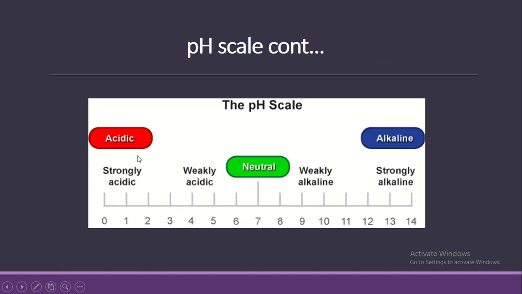So I am clearly explaining to you. A scale containing 0 to 14, 7 is neutral, usually water, that is the neutral substance, and if you go down, it is called weakly acidic. 4 to 7 is weakly acidic. Going down and down, it provides a strong acidic solution. In the same way, 7 to 10 provides a weakly alkaline solution, and if the count is more than that, it becomes strongly alkaline. Alkaline means the basicity of the solution.